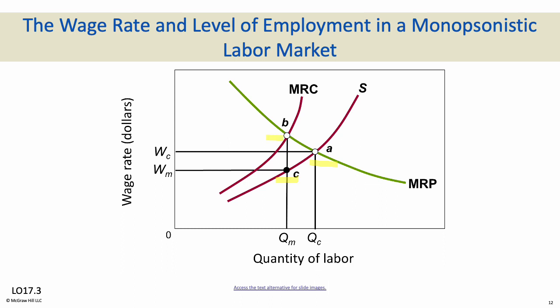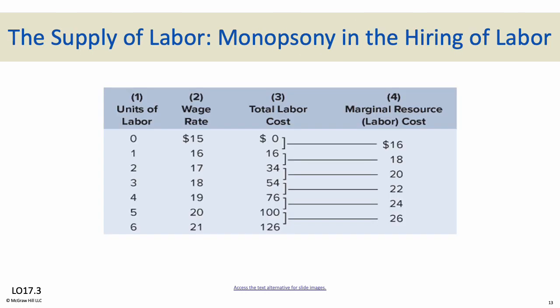Point A is the competitive market, point B is the monopsony, but they're only going to pay point C instead of point A once again. So there is a difference between what they're paying and what they're hiring. It's not the true intersection of the curves. The reason being because there's only one game in town. So if we look here, note the increasing MRC due to the need to pay more to attract additional workers from other areas. Again, the monopsonist will employ the quantity of labor at the point where MRC and MRP are equal. So at the point where MRC and MRP are equal, that's where they will hire up to.